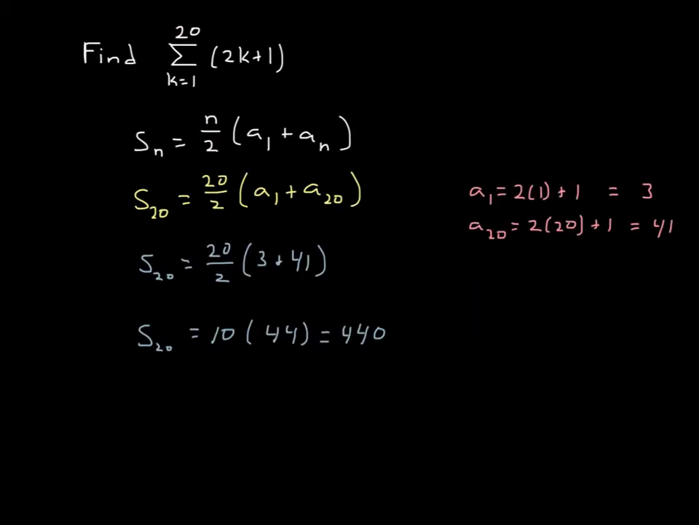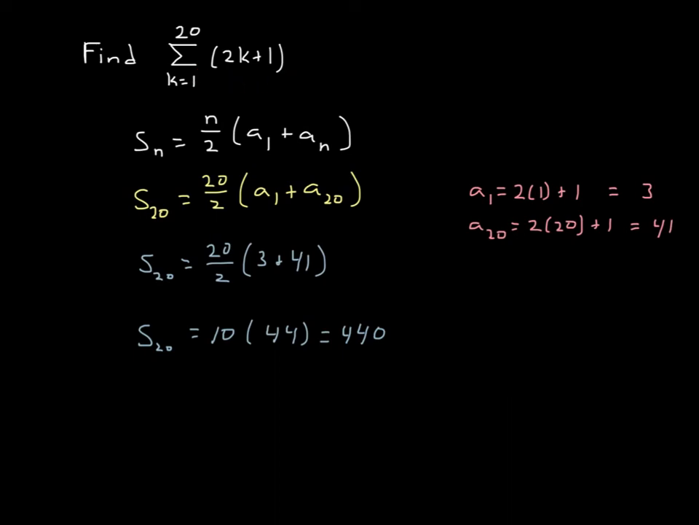Let's take a look at a problem here. In this case, they give us this problem here. They want us to find the sum as k goes from 1 to 20 of 2k plus 1. Well, this is an arithmetic sequence. What they're asking me to do is find the sum of the first 20 terms of that